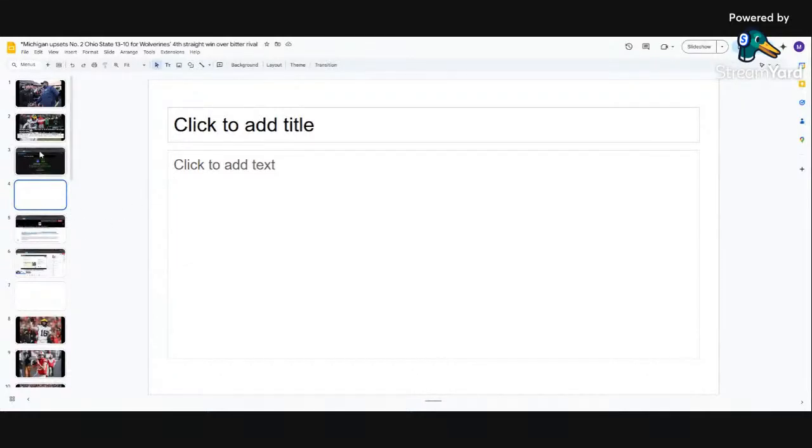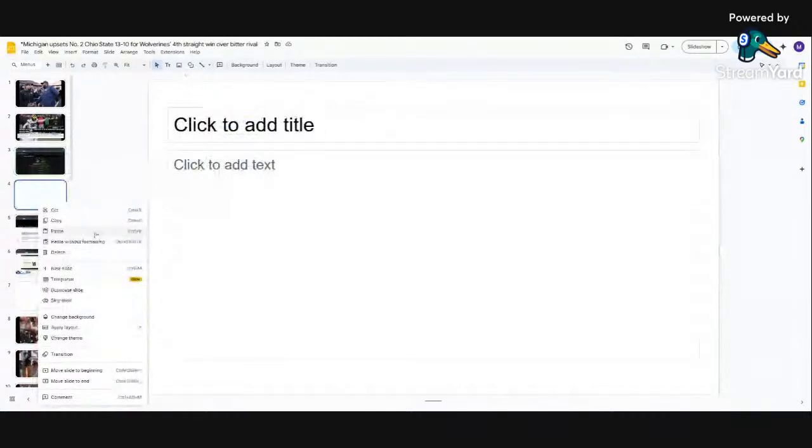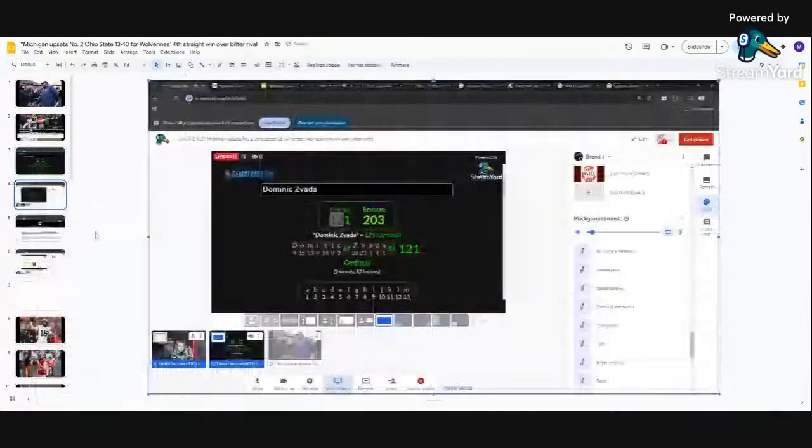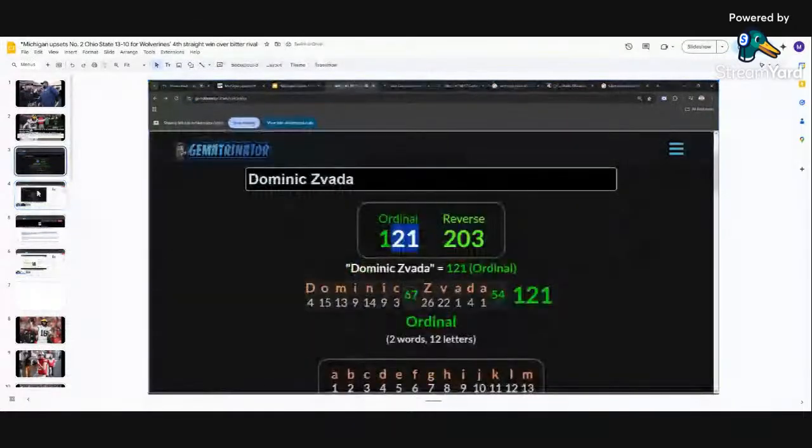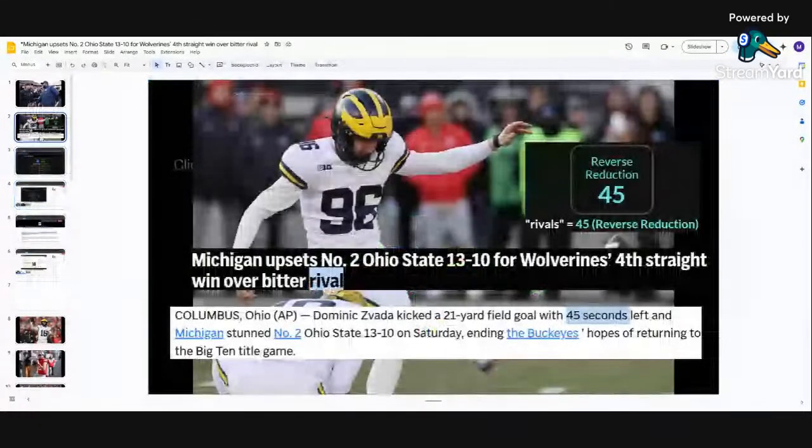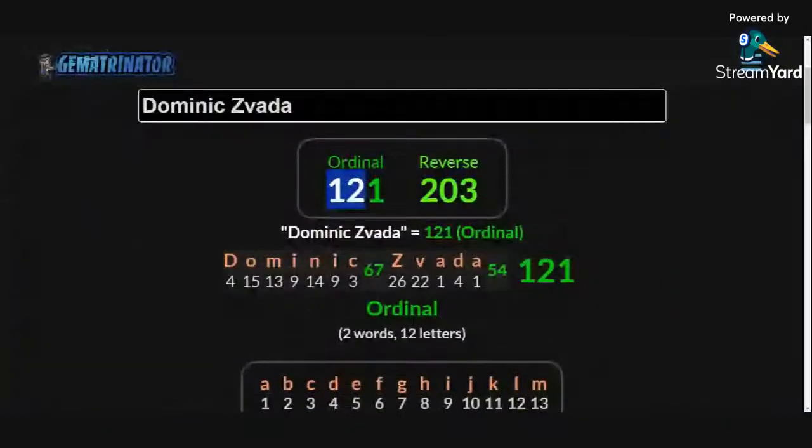Let me paste that there. Trending on 12/1 the following day. And that's when most people are going to come with their little breakdowns, right? So that's perfect with the 21-yard field goal kick. And now let's look at the 37, because I think Michigan equals 37.